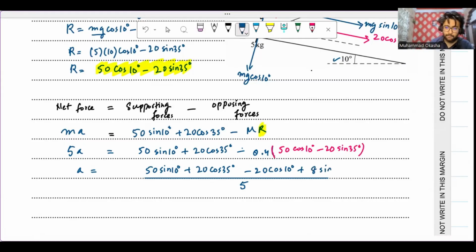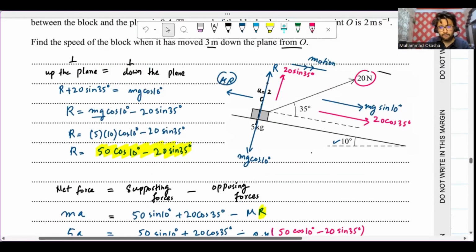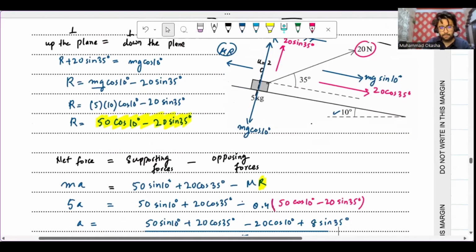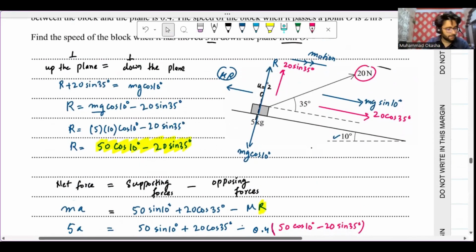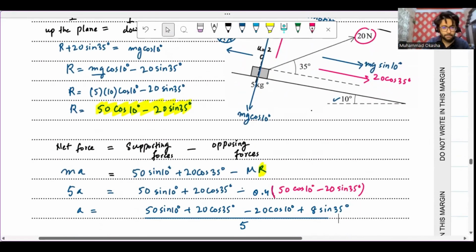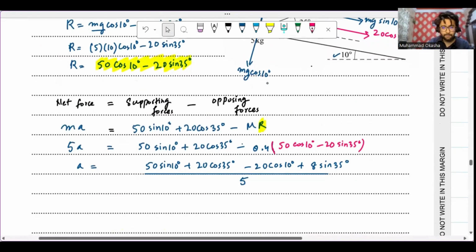So 8 sine 35 degrees. We have 50 cos 35 degrees. Supporting forces is 50 sine 10 degrees plus 20 cos 35 degrees minus 20 cos 10 plus 8 sine 35 degrees, everything divided